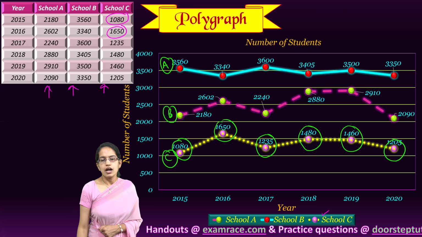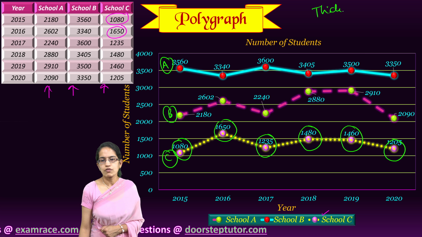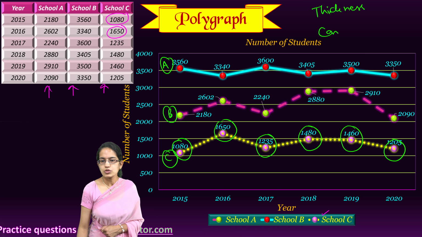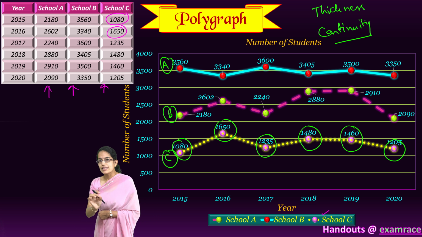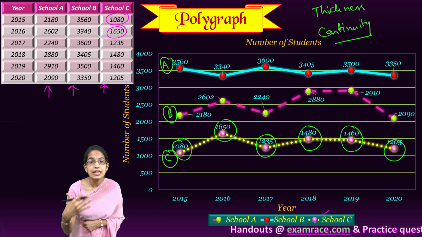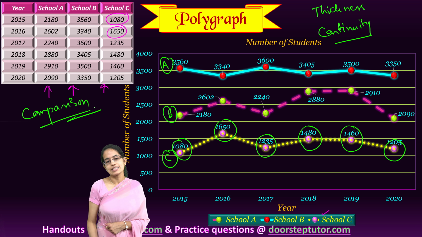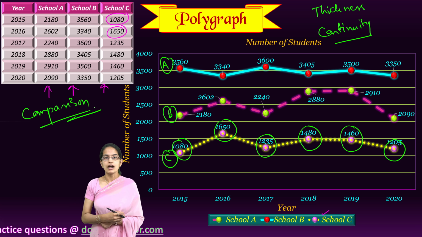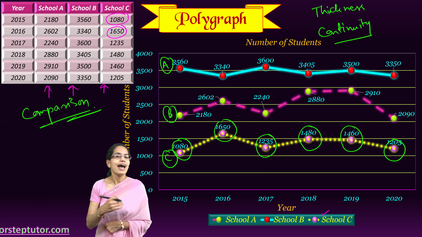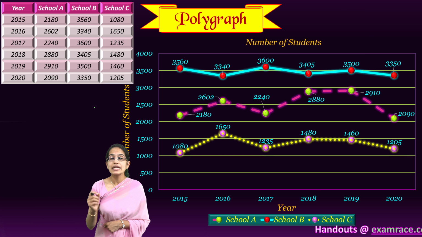Now when we are representing multiple lines, what is taken into account? First of all, we can represent all the three lines by different patterns. It could vary in terms of thickness of the line. It could vary in terms of continuity of the line. So there could be a broken line, a dotted line, a thick line, a small line. The benefit of this is it gives an immediate comparison. What do I mean by immediate comparison? If I ask you which school has the highest number of students, just by seeing the graph you would say obviously school A has the highest number of students, and therefore, as we said, it gives us immediate comparison.